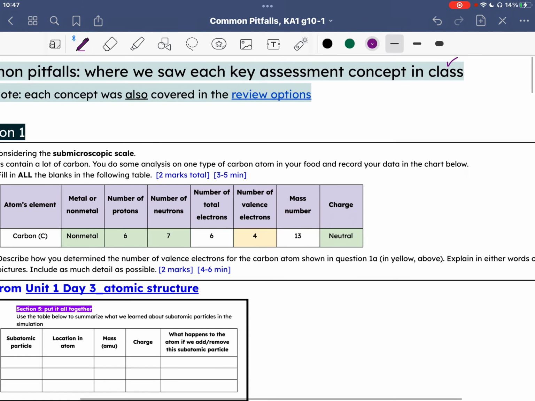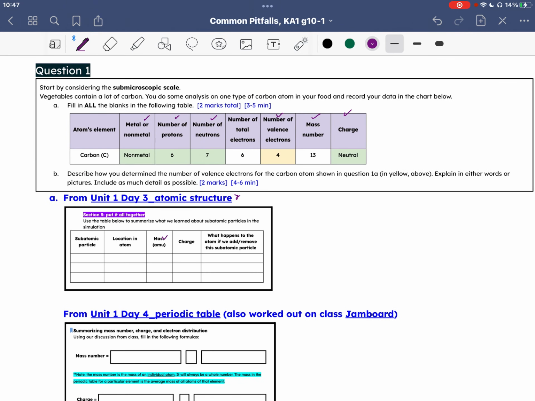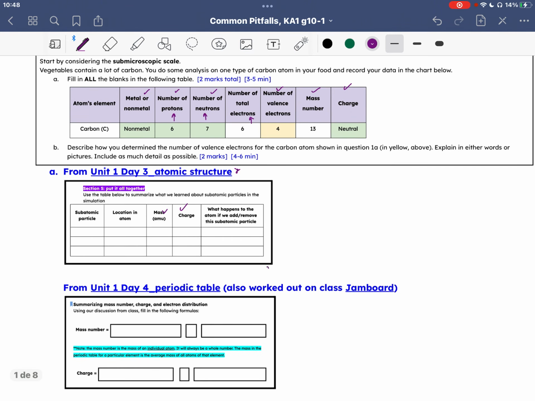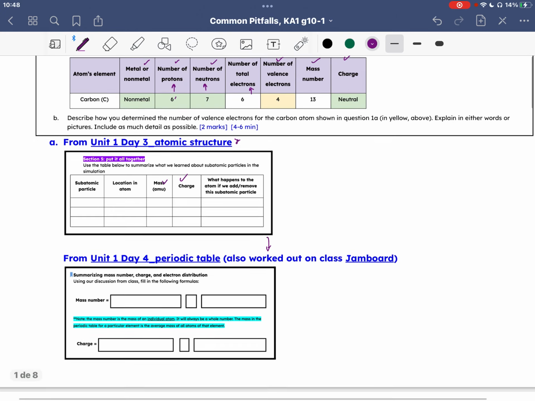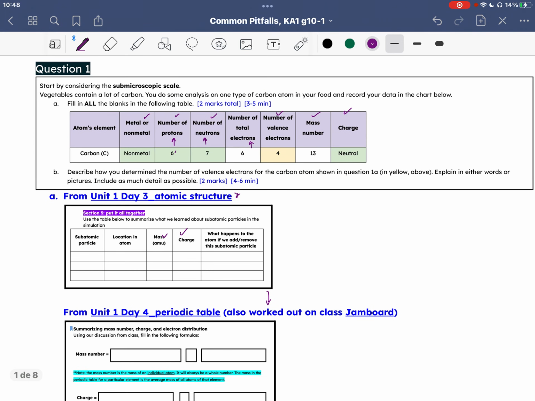Question number one asked you to simply identify all of these different aspects of atomic structure. We saw this in Unit 1, Day 3 when we looked at the mass and charge of each subatomic particle, so protons, neutrons, and total electrons. We also saw this in day 4 when we worked out the same thing for protons, neutrons, total electrons, and then valence electrons we talked about on day 5. All right, so